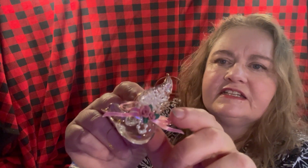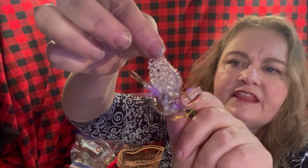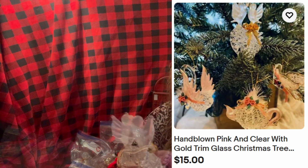Isn't he lovely? This beautiful little bird. Again, like I said, if you didn't want the ribbon, I think that could easily come off. So this is kind of for our lovebirds or our bird lovers. But look at this beauty. Again. And it does feel like...